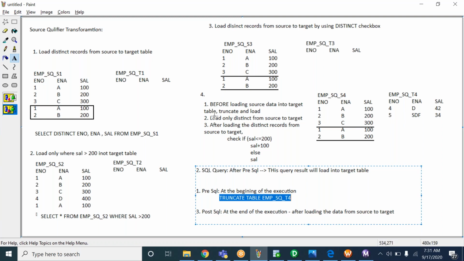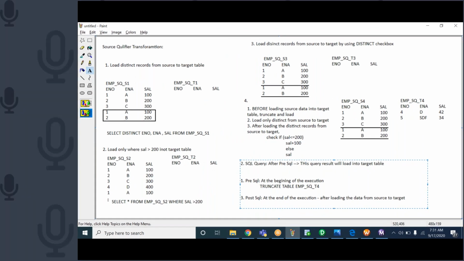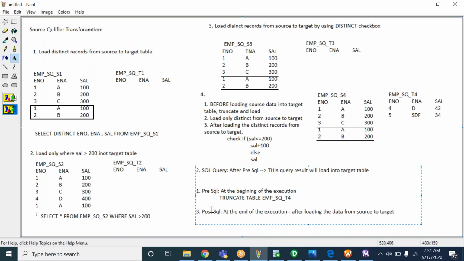After deleting those two records, what do we have to do in the second step? Load distinct records from source to target table. From the source, we have to select the distinct records. As we have seen in the first example, to select the distinct records, where do we have to write a query, in SQL query or post SQL? SQL query.